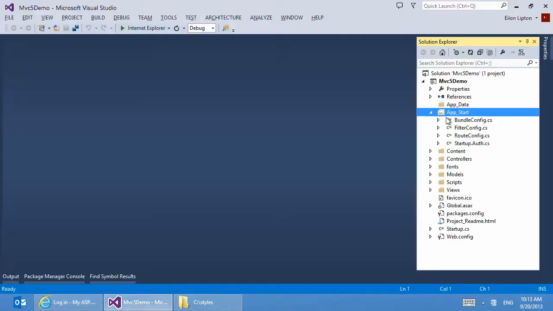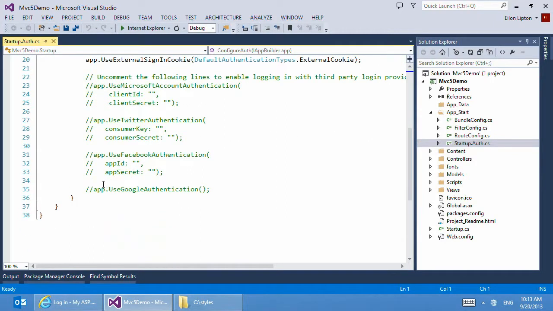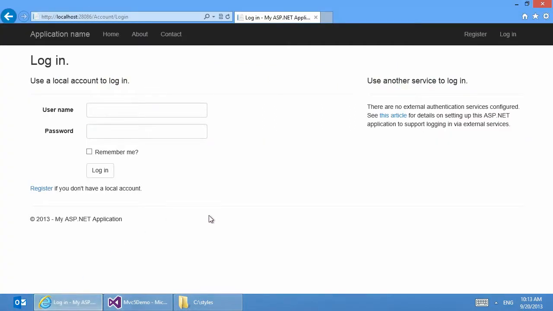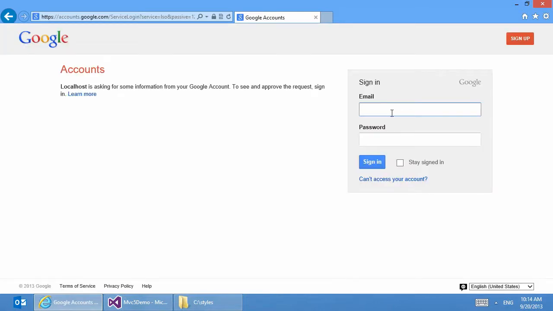To enable this, in my application start folder, there's a startup authentication file. Down at the bottom, I can uncomment this one line of code, recompile the application, refresh the login page, and instead of being required to create a new local account with a new username and new password, I can instead use a third-party service to do the login. So in this case, I click the Google button, enter my Google username and password,